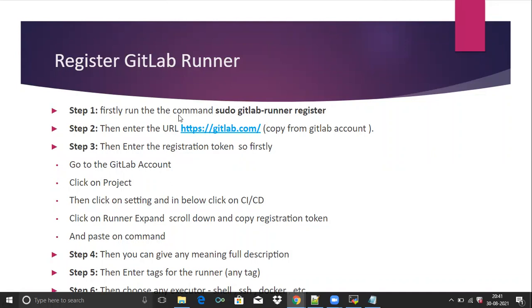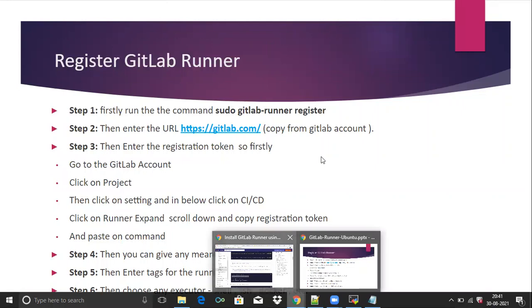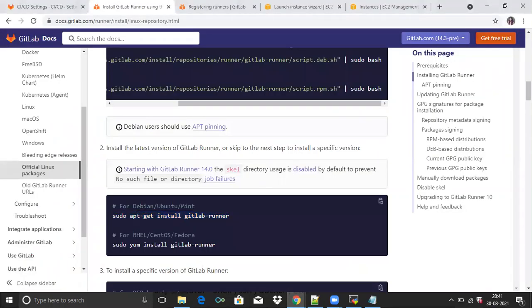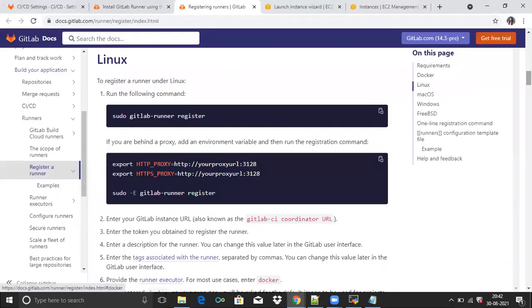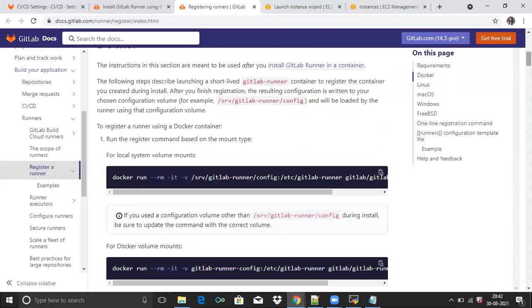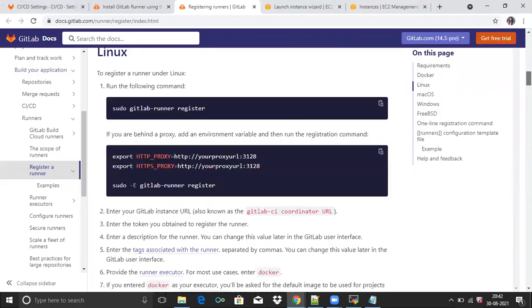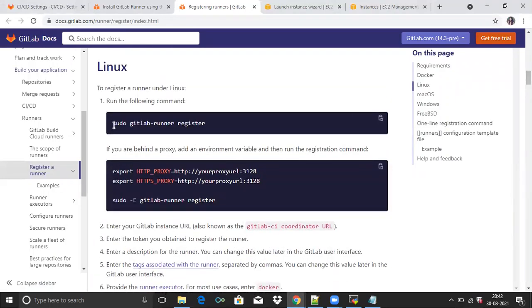Firstly, run this command. Scroll down and you can see register a runner. Go to this link. Go to Linux. For register, copy the command and paste here.